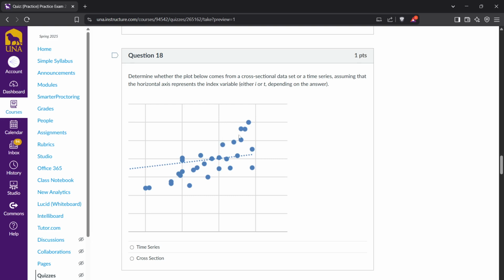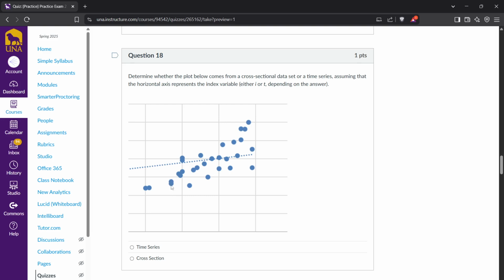And there might be others. These might have the same x value. It doesn't, oh, and so do these. So it doesn't look like this could possibly be a time series since there are these gaps and there are multiple observations at the same point in time, but that doesn't bother me as far as whether it could be